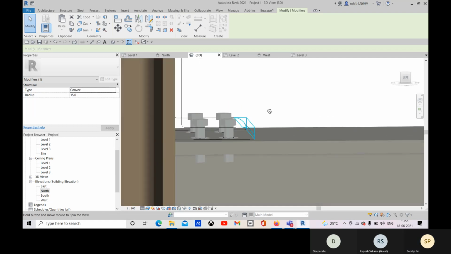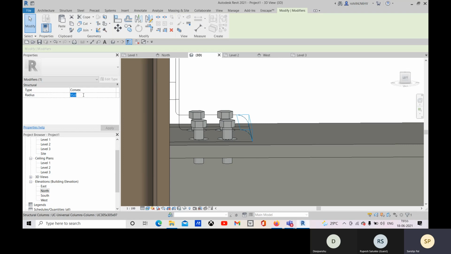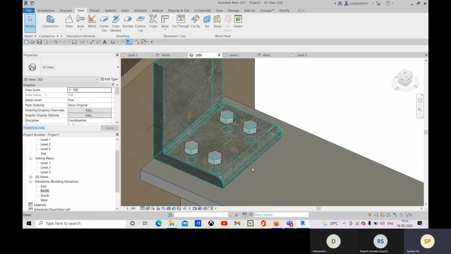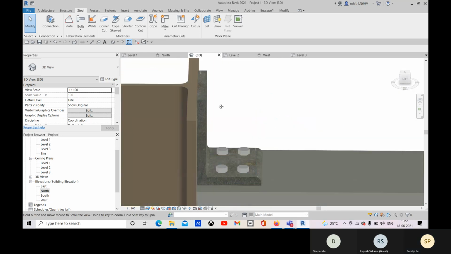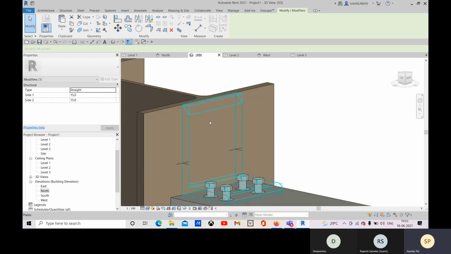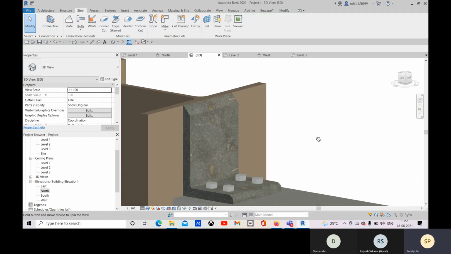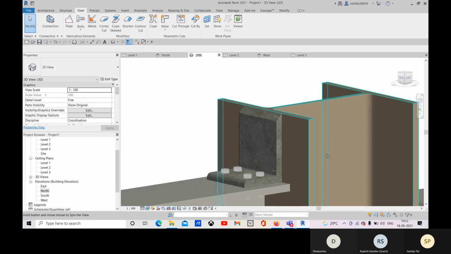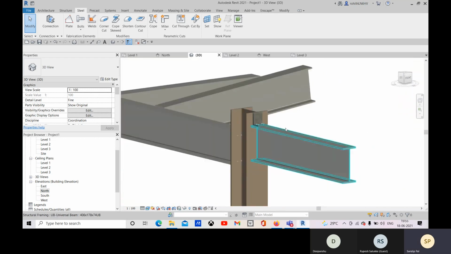Okay, and the radius you can provide 10, and that is created. And here also you can provide this cut. Okay,